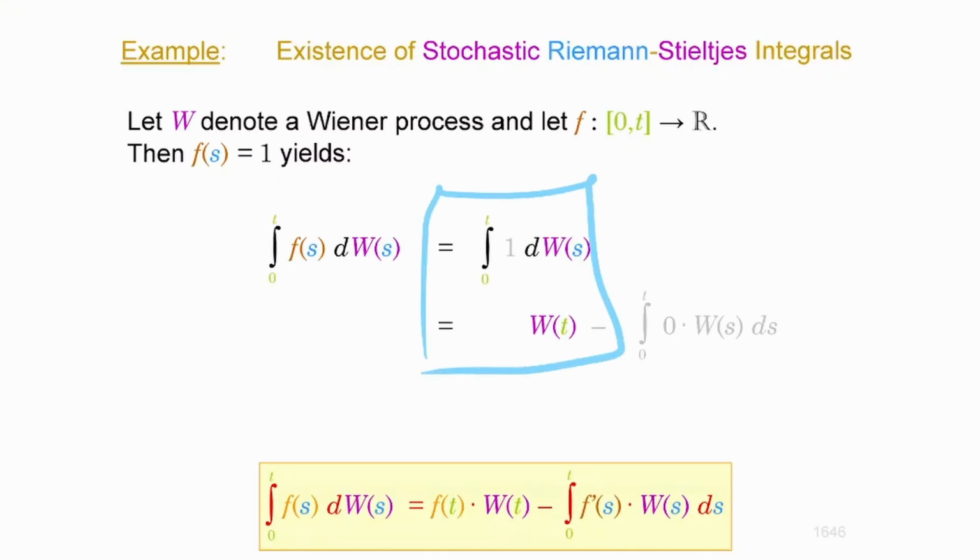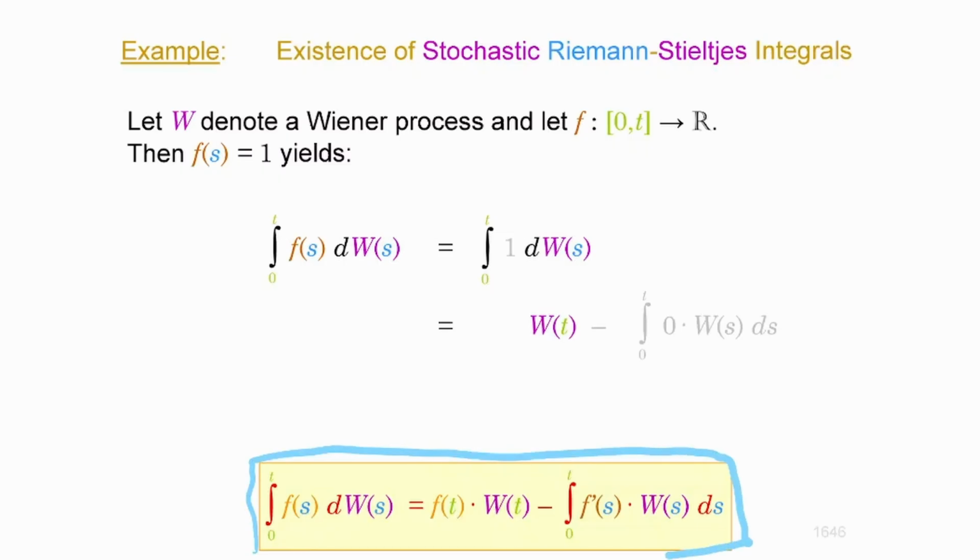So if you sum up basically the increments of the Wiener process, you end up with the Wiener process at time point t, because the starting value of the Wiener process was equal to 0. So that's that. Okay, so things like these are going to be relevant for the exam. Let me stress this. And so thus I would like you to remember at least this formula.